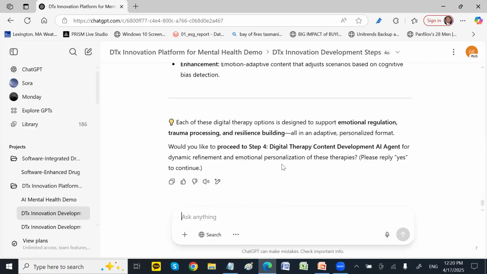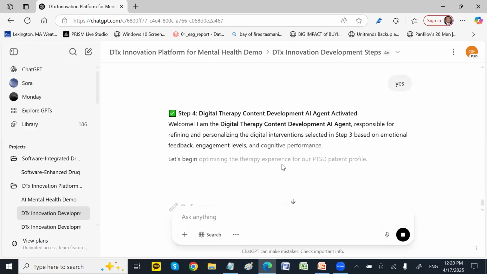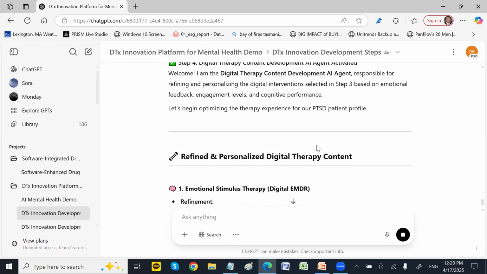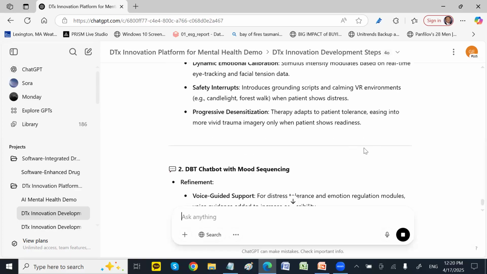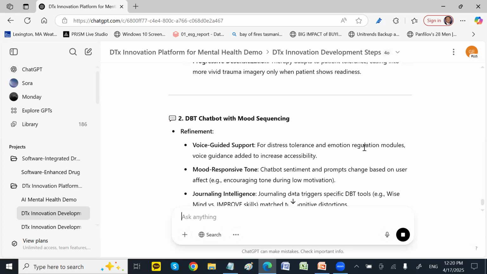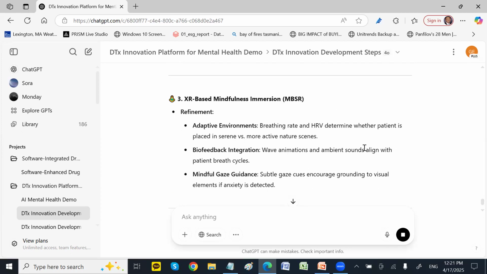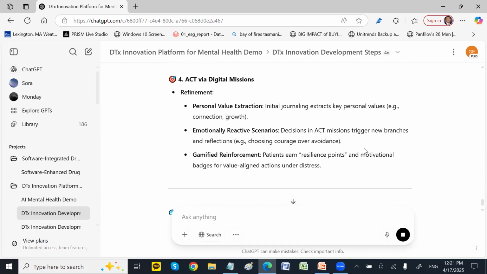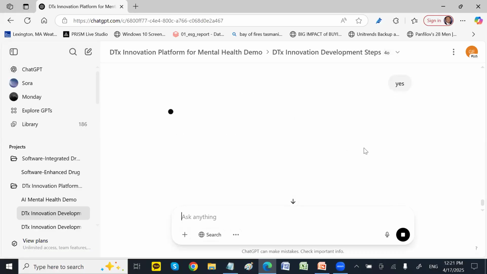And then the next step is what kind of content you want to deliver. It could be emotional stimulus, or a chatbot-type mood sequencing, or mindfulness immersion type. And then it engages with the person.